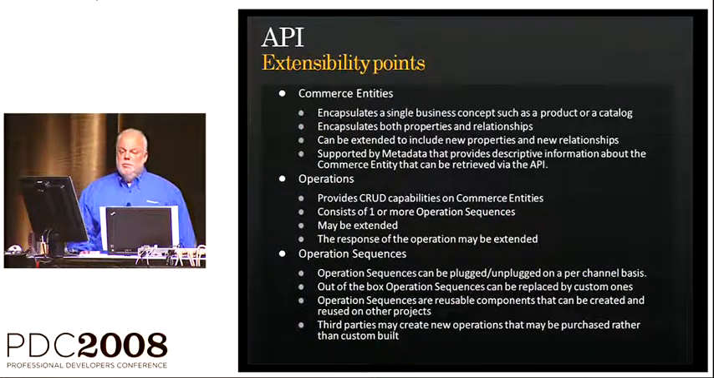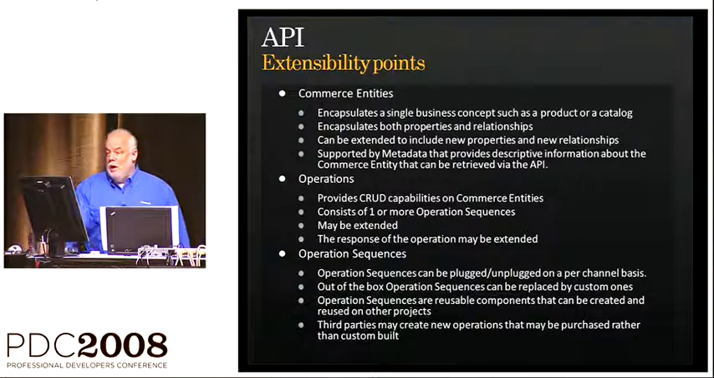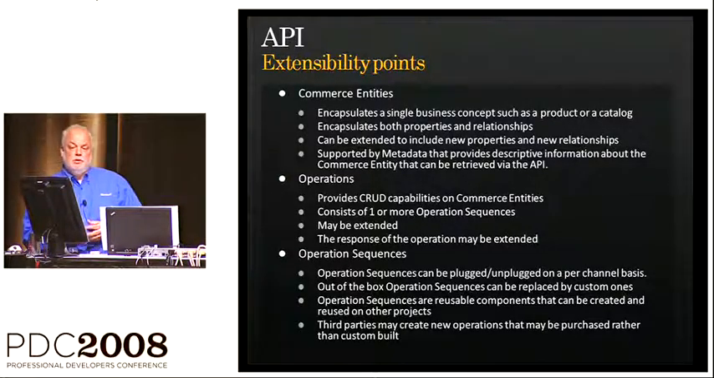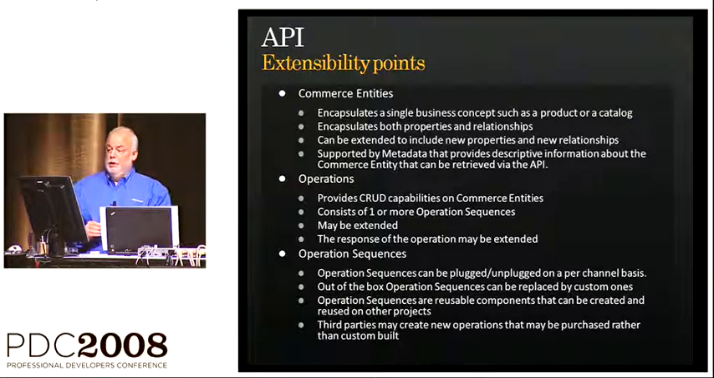So remembering, sometimes painfully, the feedback we received about extensibility, when we designed our new API, we established some common extensibility points. A commerce entity is essentially a single business concept, such as a product or catalog. The commerce entity encapsulates both properties and relationships. It can be extended to include new properties and new relationships. It's supported by metadata that describes the commerce entity and gives you information about it that can be